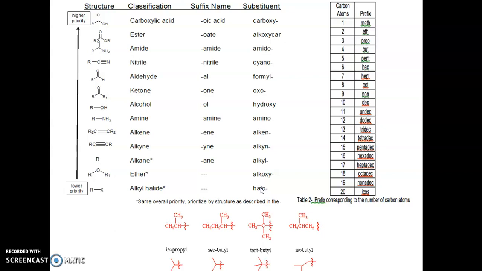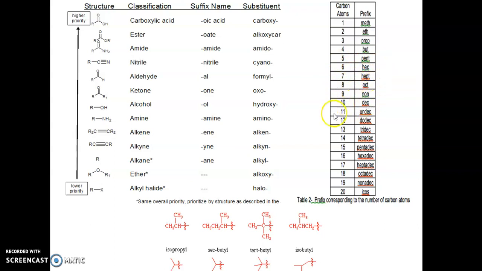Now, for different carbon atoms, you have to look at how many carbon atoms are present in a compound. According to that, there are some prefixes that are used. If your compound contains one carbon atom, then the prefix must be meth. If two carbon atoms, eth. 3 prop, 4 but, 5 pent, 6 hex, 7 hept, 8 oct, 9 non,